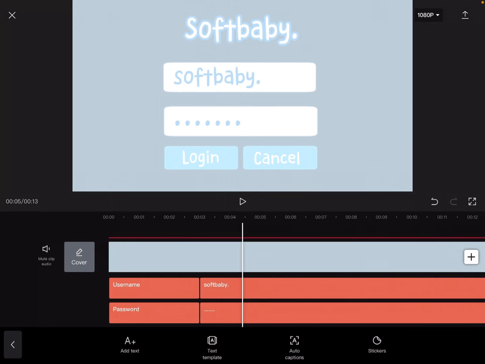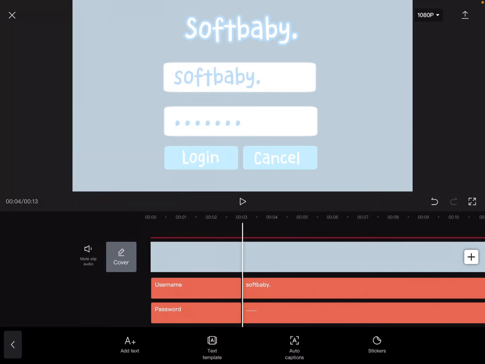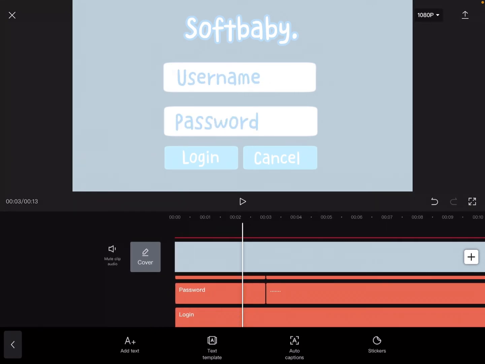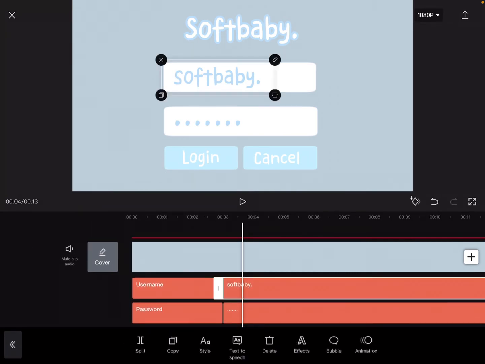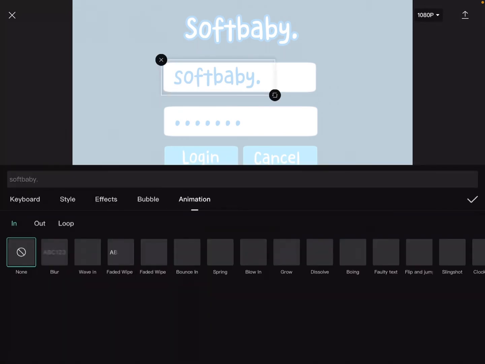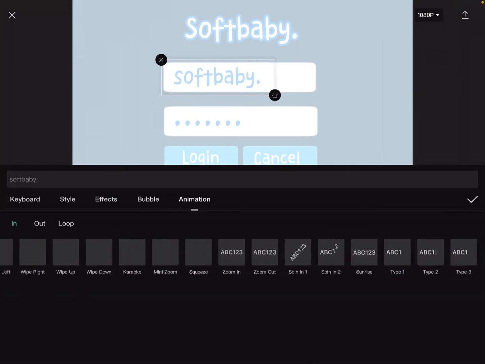And that's not what we really want, because we want the animation that will make it look like we're typing in the username and the password. First you're going to have to type the username and then the password later on. So first you're going to go on username and pick an animation, which is going to be found in. You go until the end and you will find type 1, type 2, and type 3. You're going to want to pick type 1